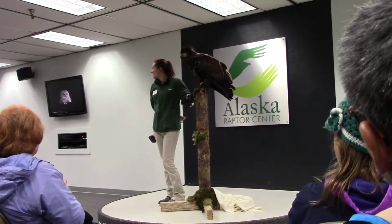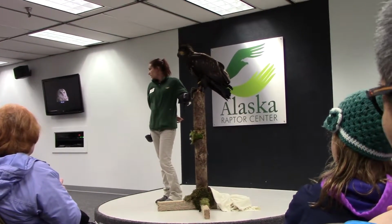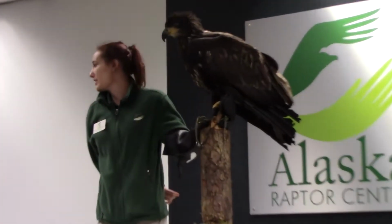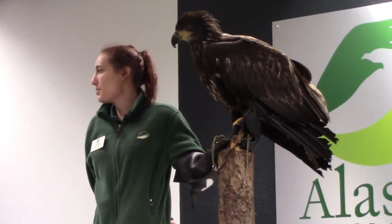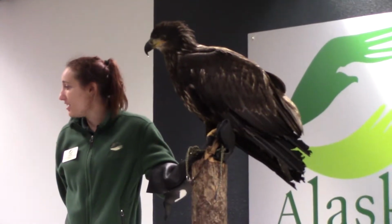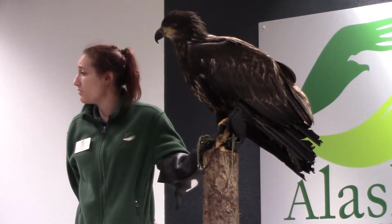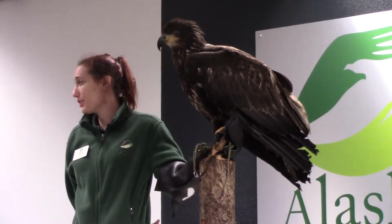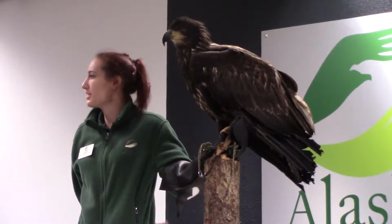What percentage are you able to release into the wild again? On average, we release somewhere between 10 and 13 birds every single year. Things happen where we're not always able to release. We find a lot of other zoological facilities that will take them. Or sometimes it's a case where we do have to euthanize a bird, but typically between 10 and 13 birds